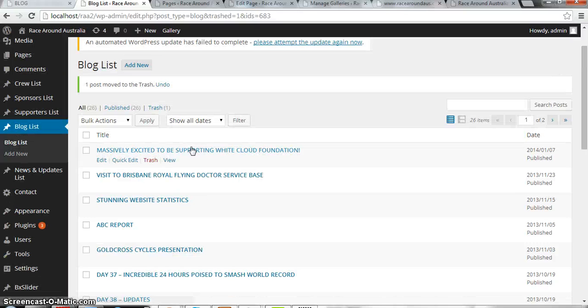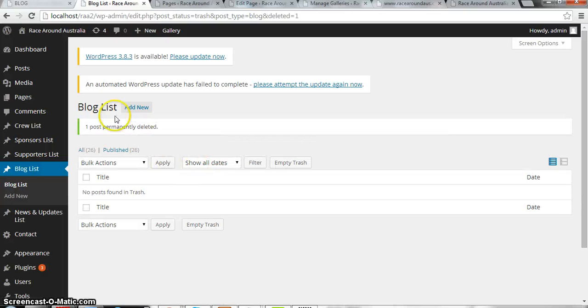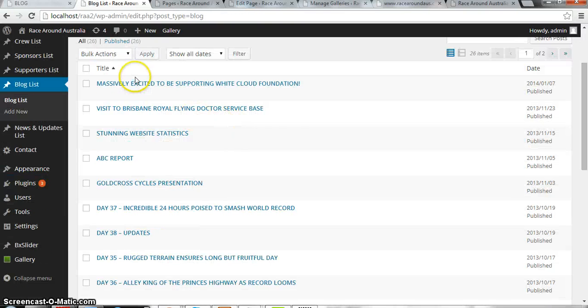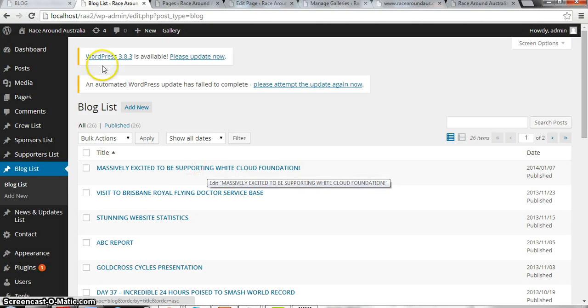So it's already deleted. Or if you want to undo the deletion, it's on the trash page. So restore or delete permanently, whatever you want. So let's delete it permanently. Once done, go back to the blog list. Then as you can see, our newly added post is already deleted.